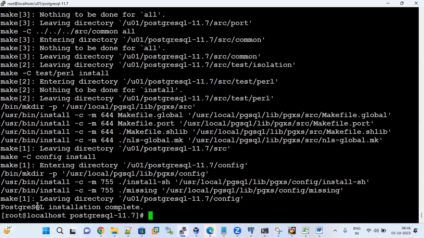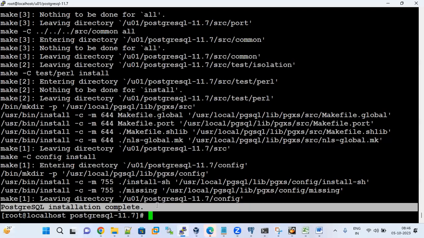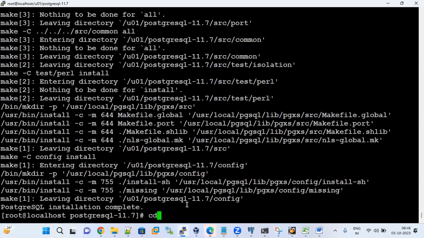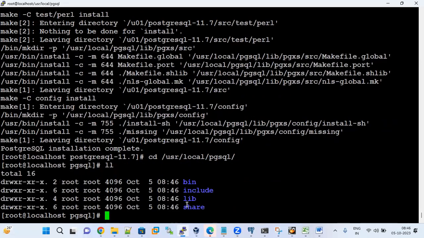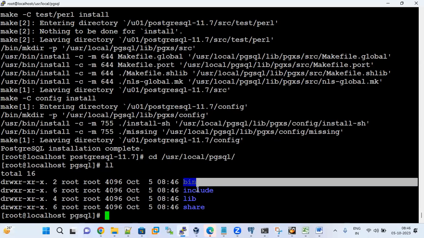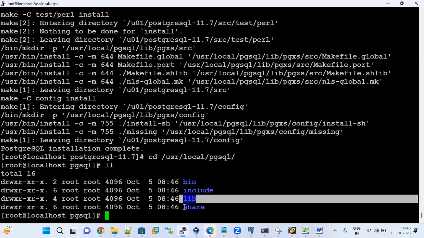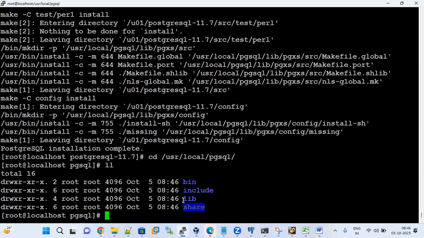You can see PostgreSQL installation complete. So what is the default location? /usr/local/pgsql. Inside this is the default home location for the source code method. Inside the home location, there should be a bin directory, a lib directory, and a share directory. All the libraries will be inside the lib directory. All the executable files, what are those? initdb, pg_ctl,